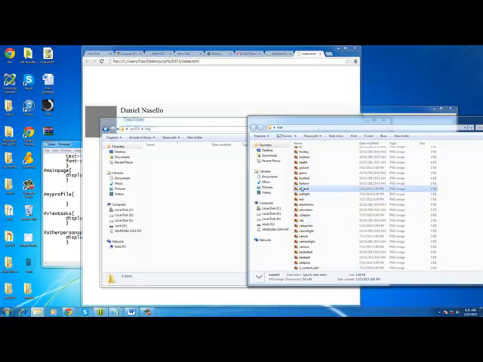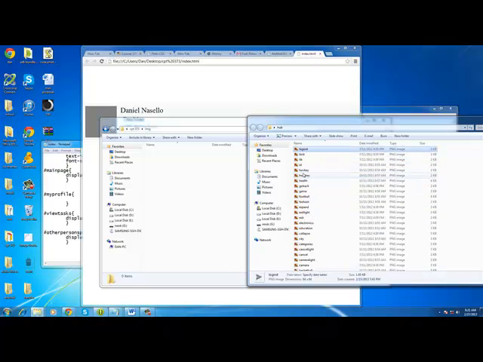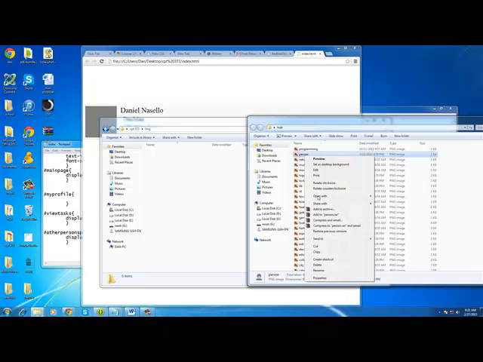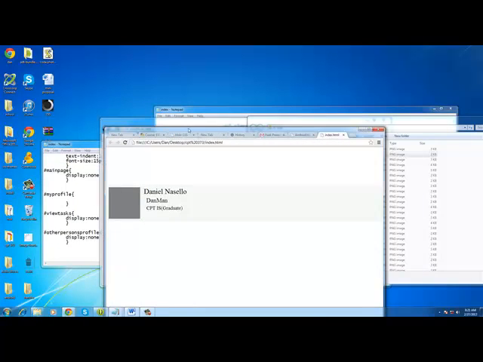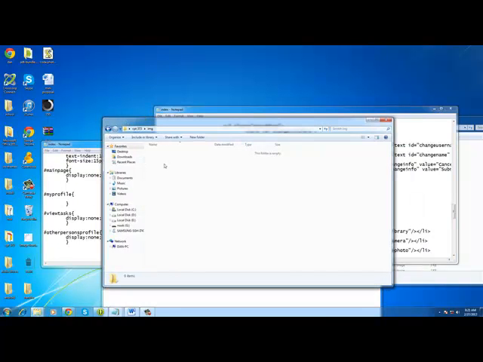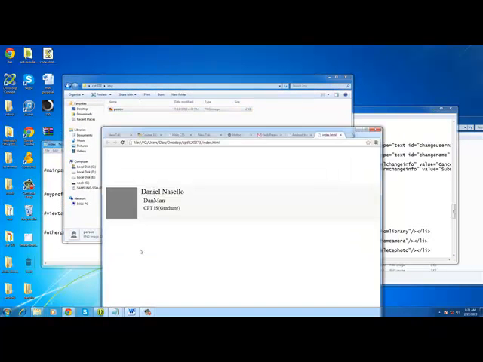I know it's somewhere. Hold on 1 second. Let's just look for it. Okay, here it is. It should be called person. We're going to right click and we're going to copy it into our image folder. So we have person.png,